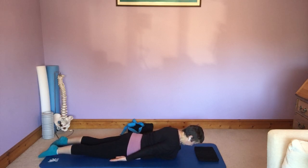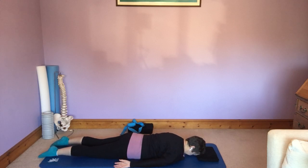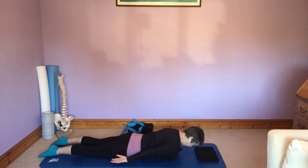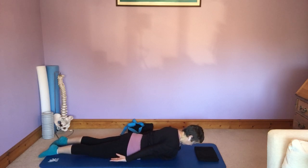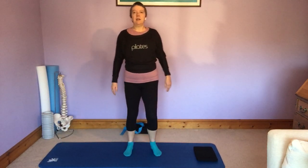Peel up and peel down. Floating up, floating back down, drawing in, here we go, final 3, 2, last one, opening out, lifting up, lower back down, pop your hands underneath you, have a little stretch back, lift yourself up, and okay, so you